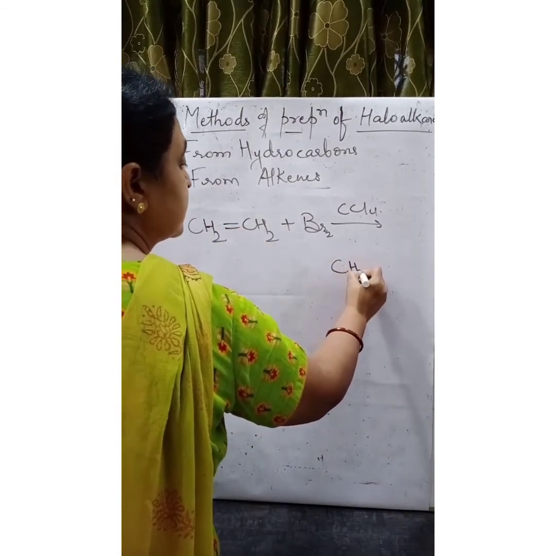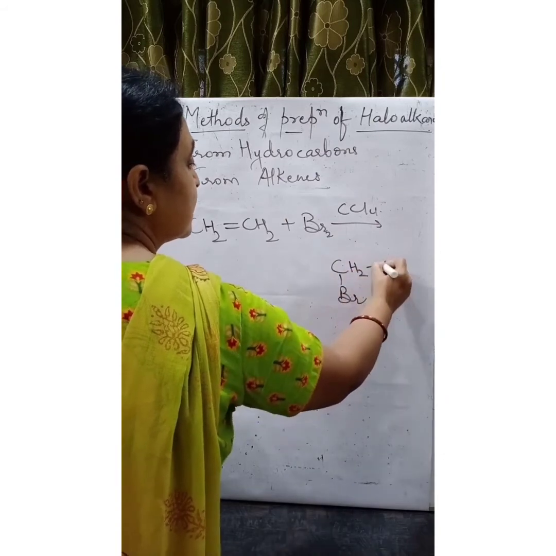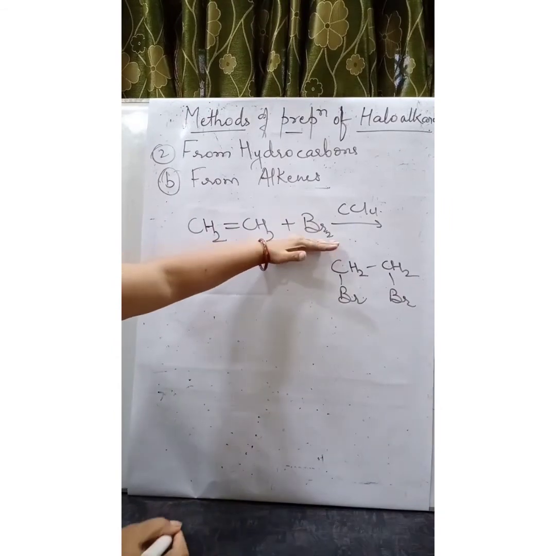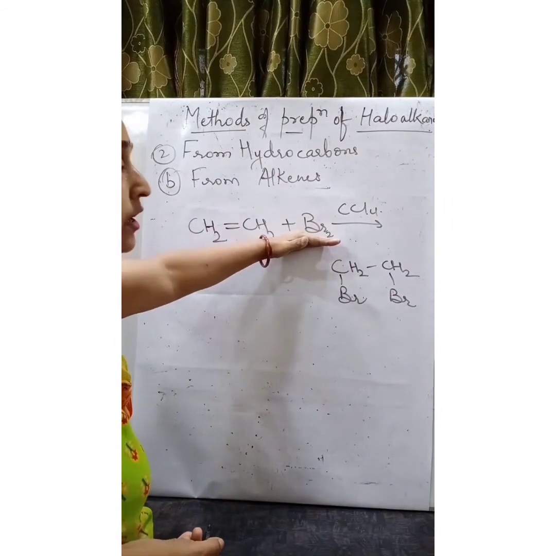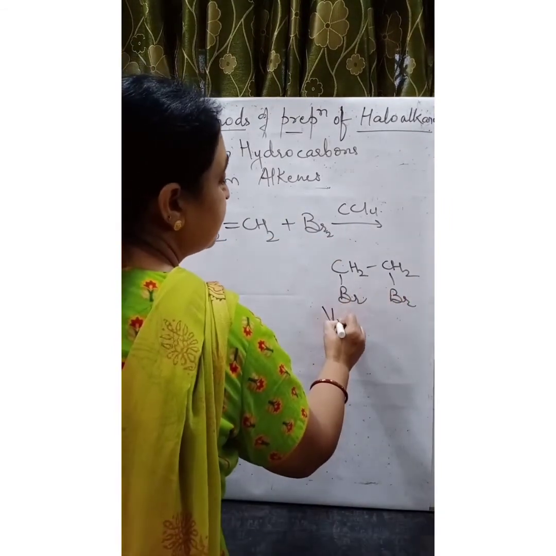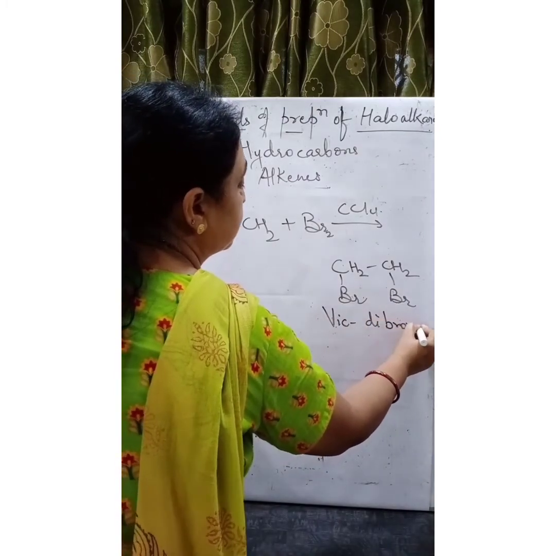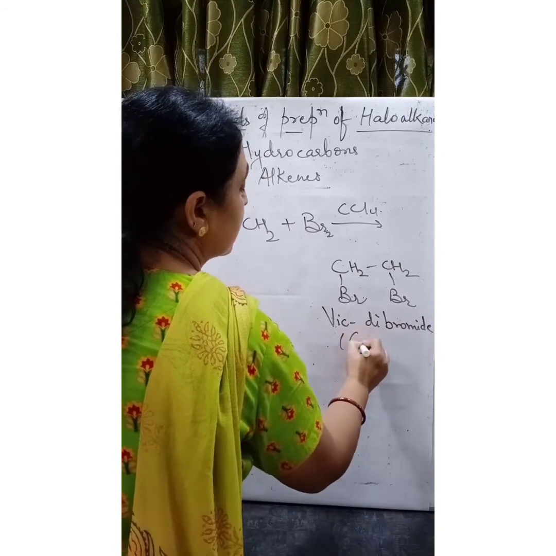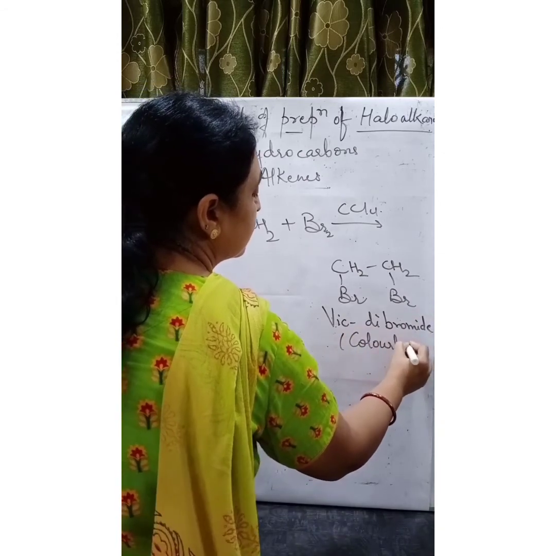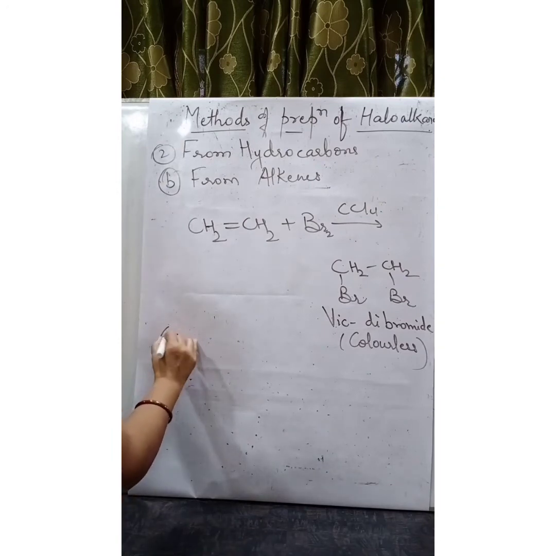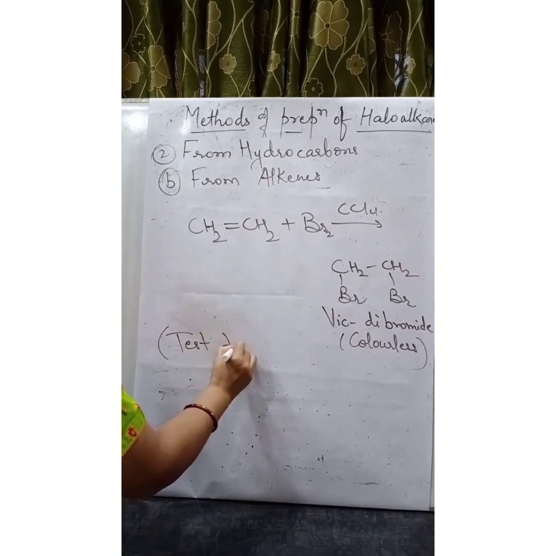So I am having CH2Br-CH2Br. You know that bromine is orangish red in color and this is vicinal dihalide, dibromide we can say, which is colorless. So this is an addition reaction and it can be a test for